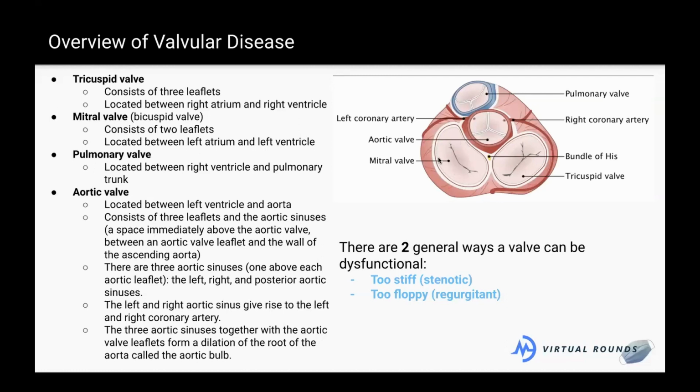So the blood is supposed to open the valve. For instance, blood would be coming down from the left atria through this valve, downwards into the left ventricle, and then the valve is supposed to close. And then the heart pumps the blood back up through the aorta into the body. But if this valve didn't work, and I go to pump the blood, some blood might regurgitate back through this valve when it's supposed to be shut. So my one-way valve wouldn't be working in that case. That's a regurgitant valve. So we can have two types of valve disease for pretty much all of these valves. For instance, aortic stenosis and aortic regurgitation. Similarly, we can have mitral stenosis or mitral regurgitation.